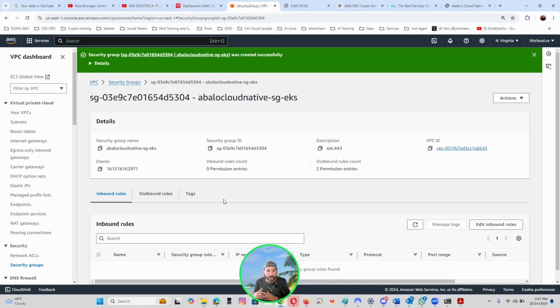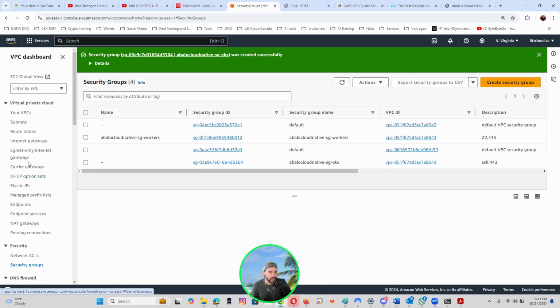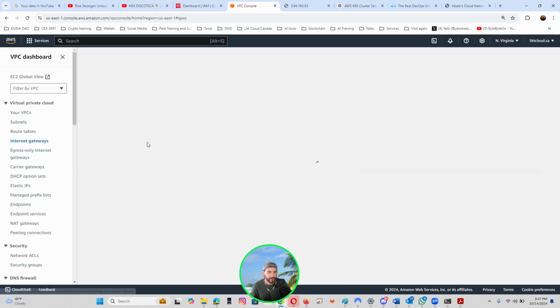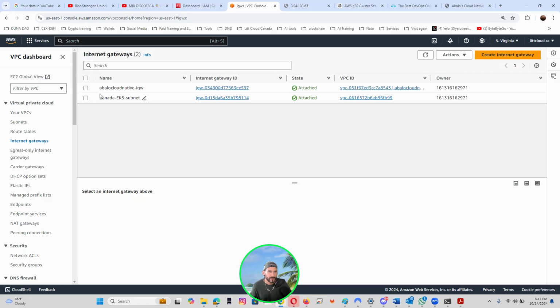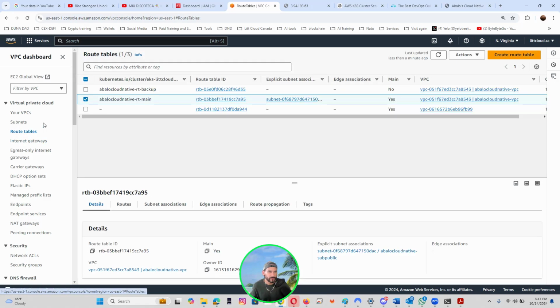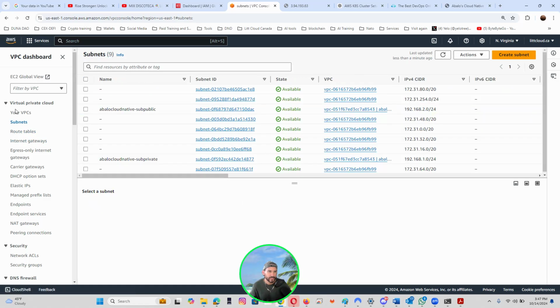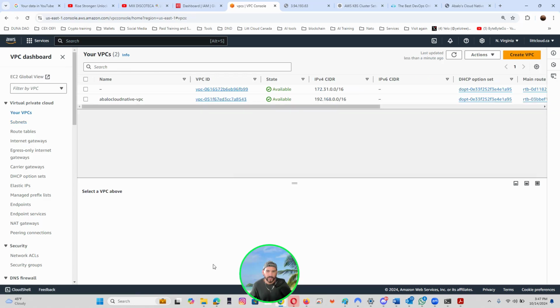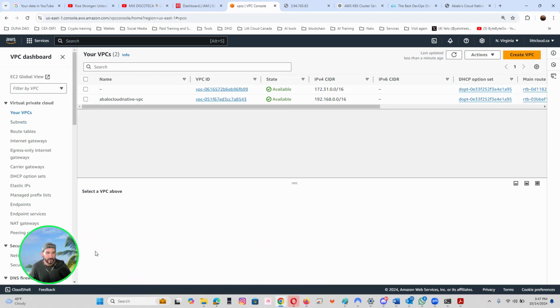Or maybe you're going to deploy platforms for developing AI models, or any application you can think of. Okay, so let's keep going. We have two security groups. We have a main gateway now. And we have route tables, and we have subnets, and we have the VPC. So let's see how this looks